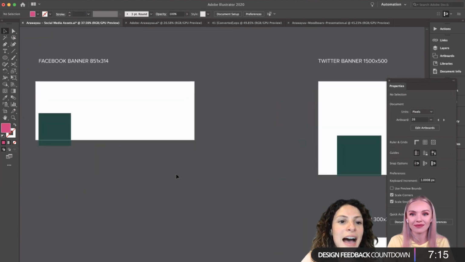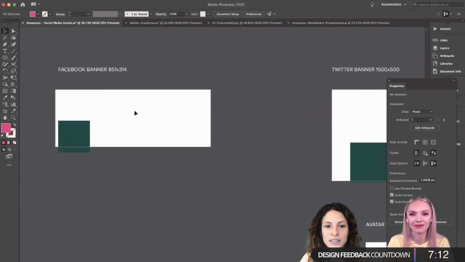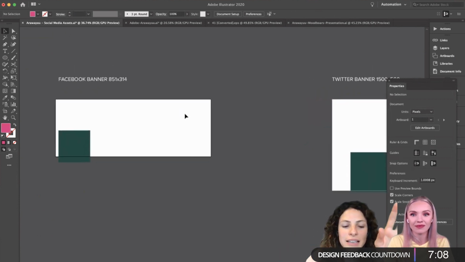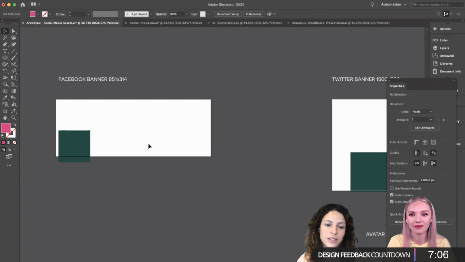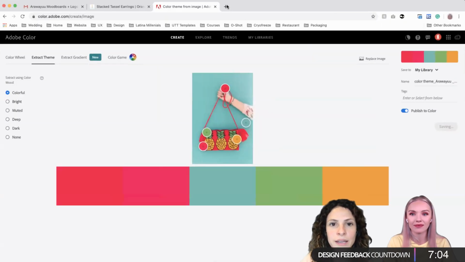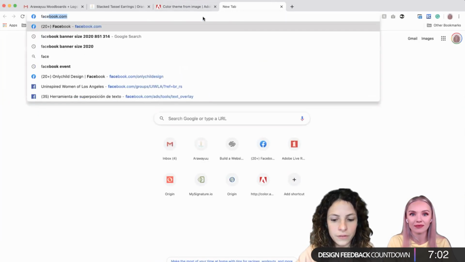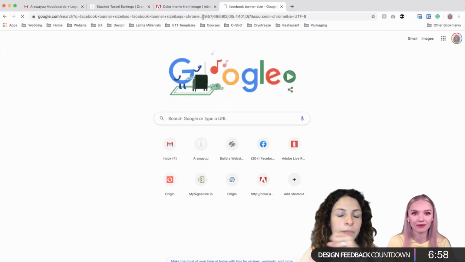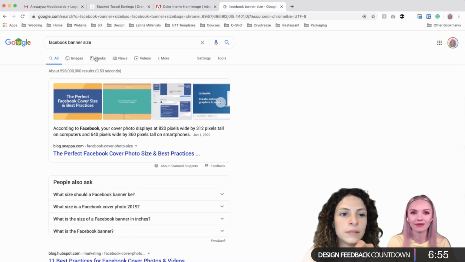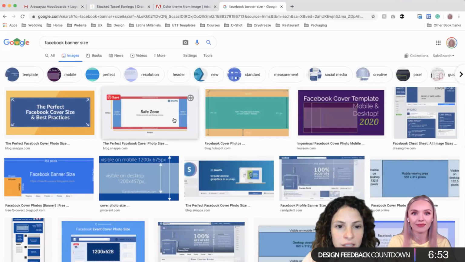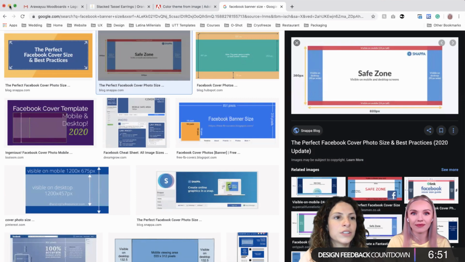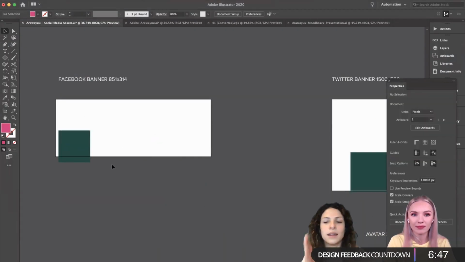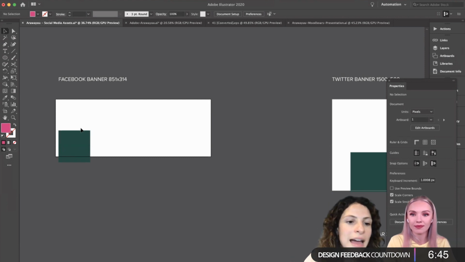But what I do is I just do a square with the dimensions, and if you just Google really quick Facebook banner size or something, you can see some of these, and you can just transfer those to your artboard and measure. So I already did that.